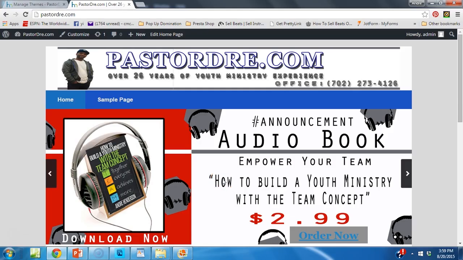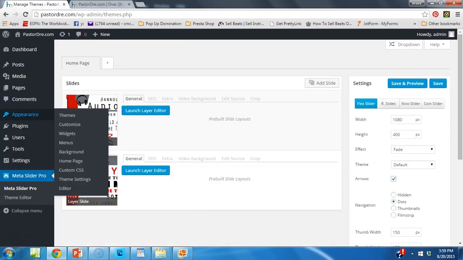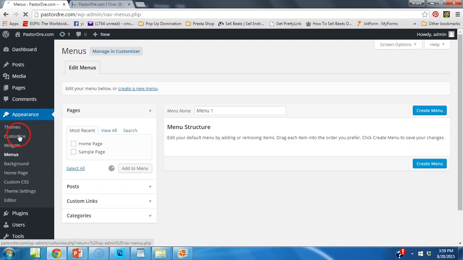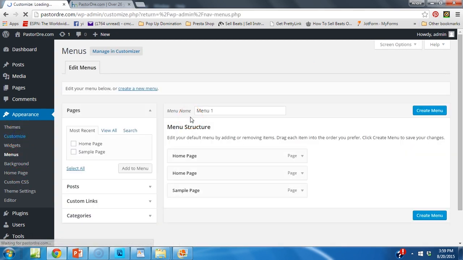This is what I'm going to do. I'm going to go ahead and adjust the menu. This is a bonus also. Okay, so go to Appearance, Menus. I'm sorry, not Menus. Appearance, and you want to go to Customize. Okay? Once you go to